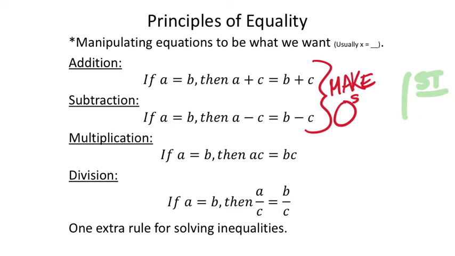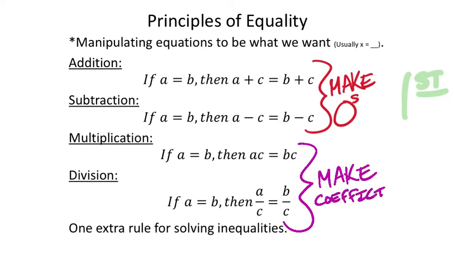So on this one, we got multiplication and division as well, and we use multiplication and division in order to make ones, okay? So now, not just any ones, but we use these to make coefficients 1. All right, and again, usually we'll do that second in order. All right, it's just, we now have this one little extra rule for using these with inequalities, and that's if